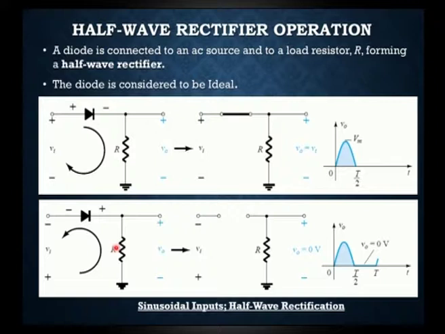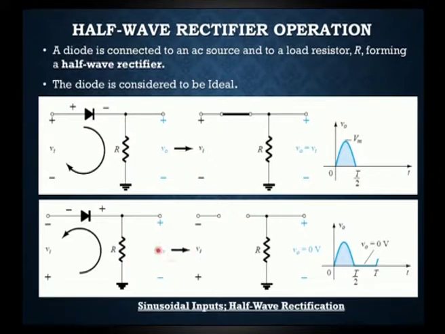When we come to the next negative half cycle, because the input is AC, what happens during the negative half cycle? During the negative half cycle, the entire polarities will be changed again. The Vi polarities will be plus and minus, but here we can observe it is minus and plus. Next, the diode polarity is also changed. Due to this, we can say this diode in a negative half cycle operates in a reverse bias mode. It is again connected across a load resistance R, and V naught is the output voltage we obtain.